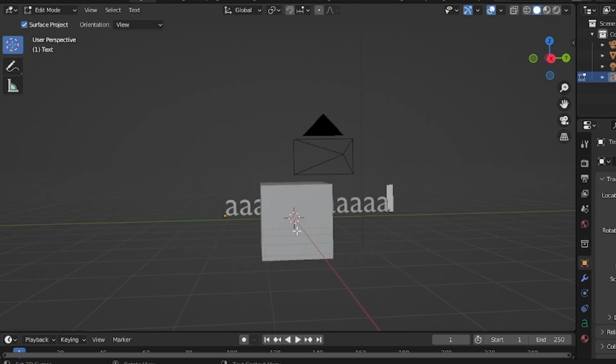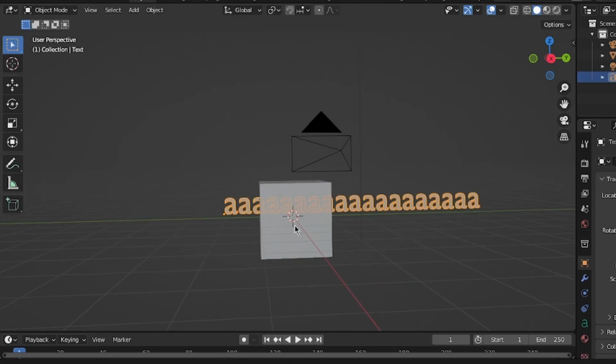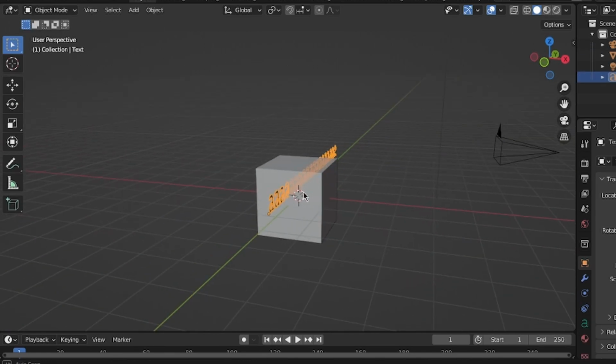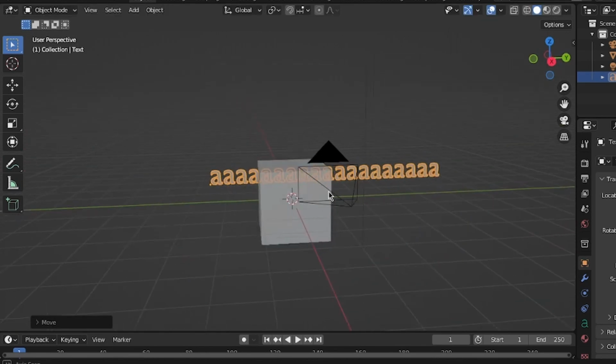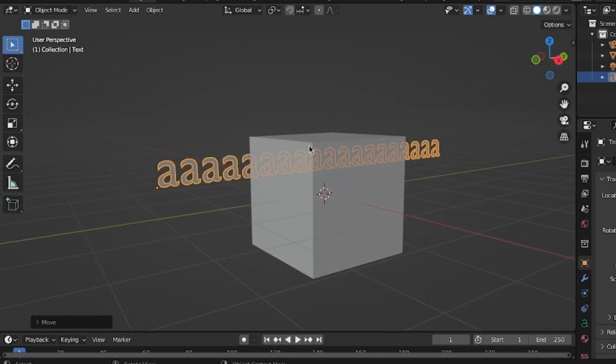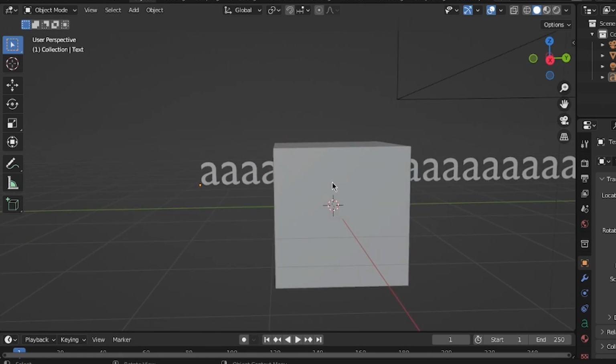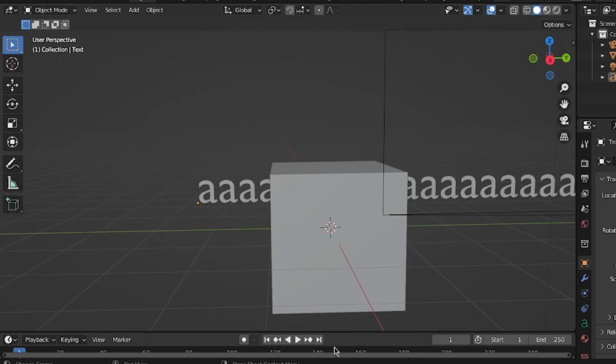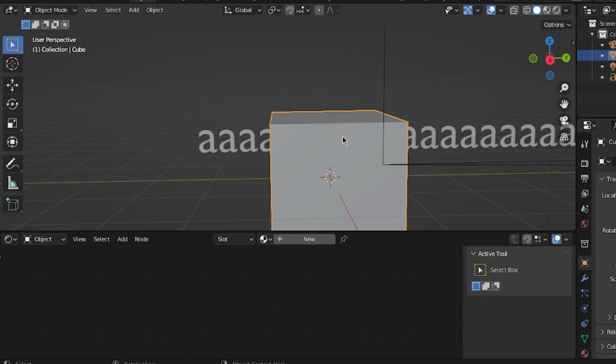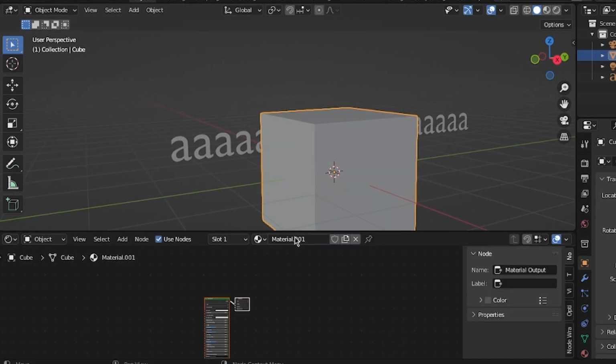So originally I had some text behind a block I have, and I wanted to have the text from behind the block be a different color than the text outside of it. So this is the shader nodes that I used to make this. It's very simple, very easy. So first you would click on the square, and then I just added a